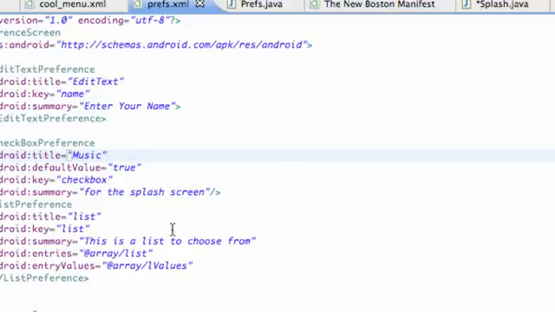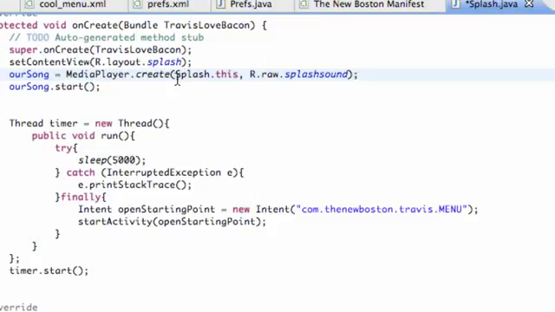What we're going to do in this tutorial is access our checkbox preference within one of our classes, which will be our splash activity. I changed the title to music and the summary to say for the splash screen. So now we're going to go into our splash activity that we have set up